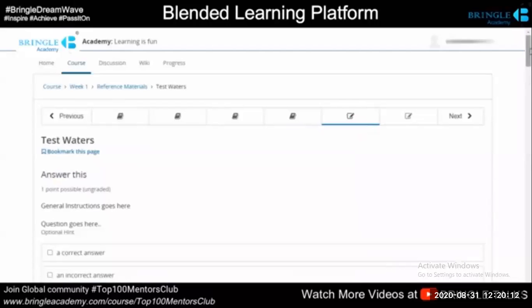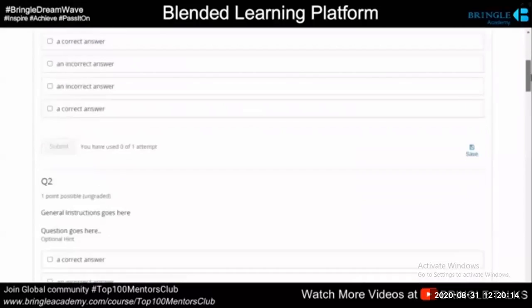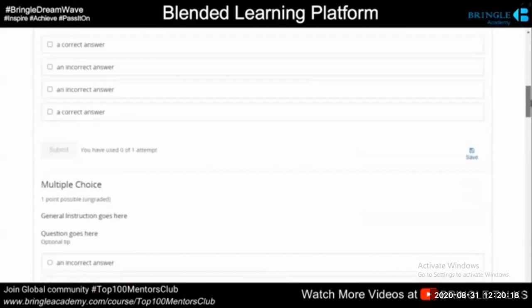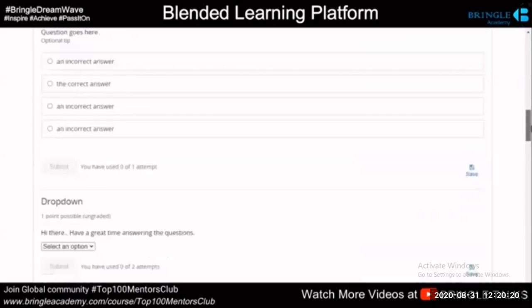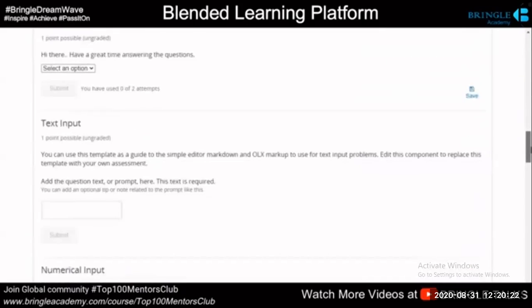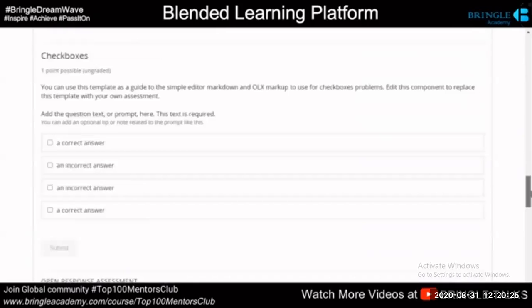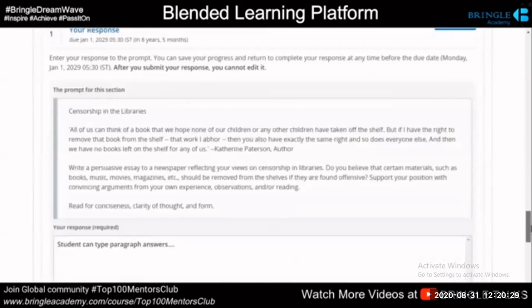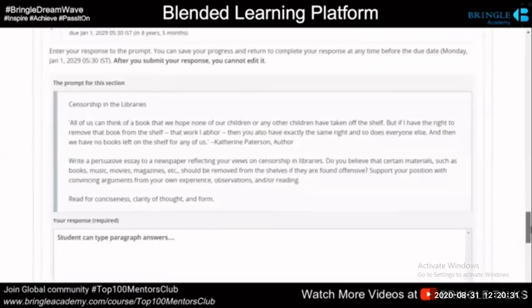Now let's talk about informal assessments. Informal assessments are very helpful when you want to test the waters in terms of the learners understanding the concept. Typically, these are ungraded, but you're just having some assessment in place to understand if the learners have understood the topic well.